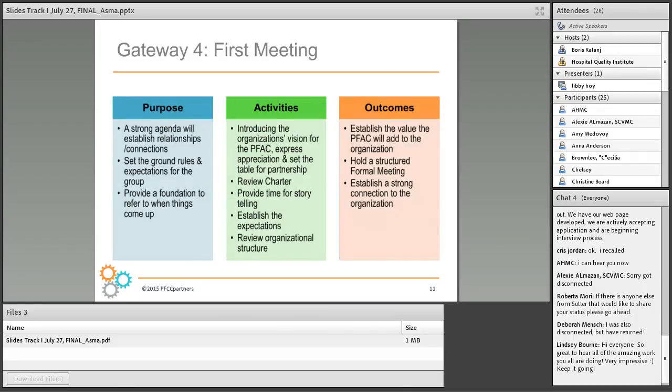All right, so gateway number 4, learning session 4, the first meeting. I use that term, but I should change it to encounter, because whether you're having a PFAC meeting per se, or engaging your advisors onto improvement teams of different varieties, whatever that first encounter is, we know there are a few things that simultaneously set the stage for future